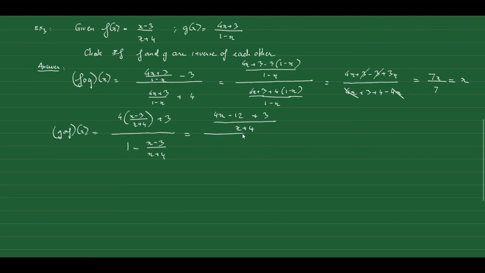In the bottom I have finding the LCD. I have x plus 4 minus x plus 3. Distribute the minus in. So I keep, change, flip. So I have 4x minus 9 over